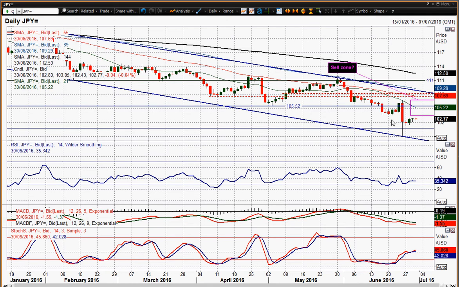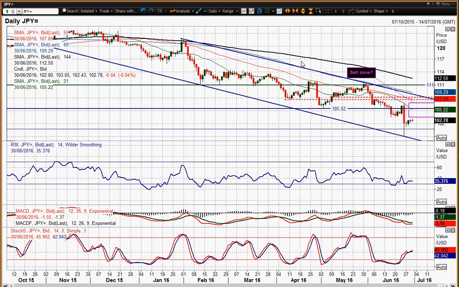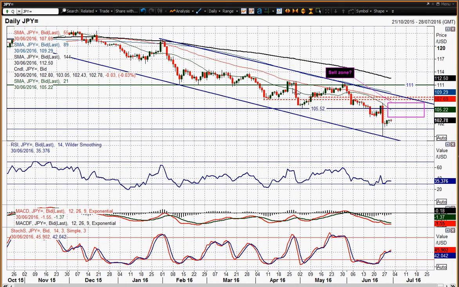What I see in this move on dollar yen, if I zoom out here, is a downtrend channel generally, with lower highs, lower lows, and a recovery. I think it is likely to find renewed selling pressure in this purple pink box I've got here, which is between the resistance of 103.60 up towards 106.80, the high it got just prior to the Brexit vote result, and within that you've got the resistance of the old floor at